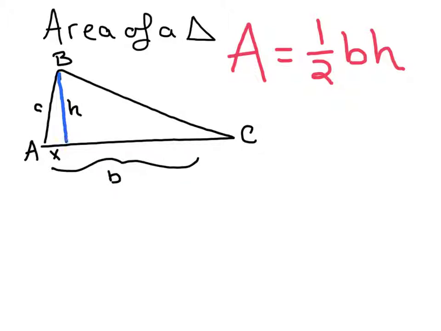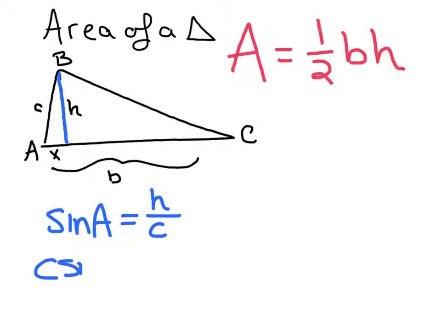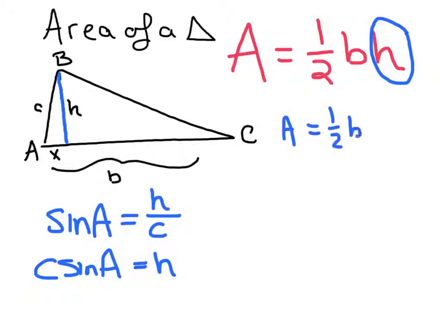want to define this line right here for height, I can say that the sine of angle A is equal to the height over side C. And so C times the sine of A is equal to the height. And then if I take that and I substitute it up here for height, I have A equals 1/2 BC sine A. So the only thing that is super important is that you have the information of side angle side,